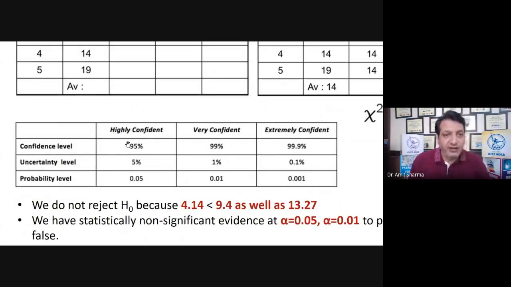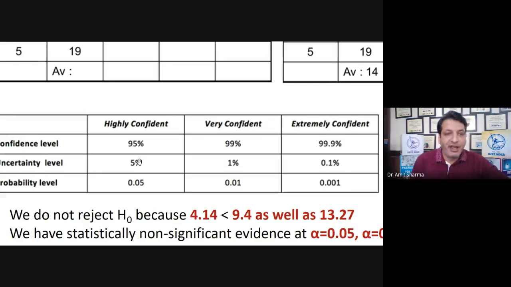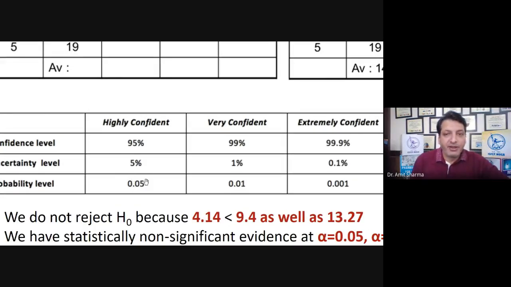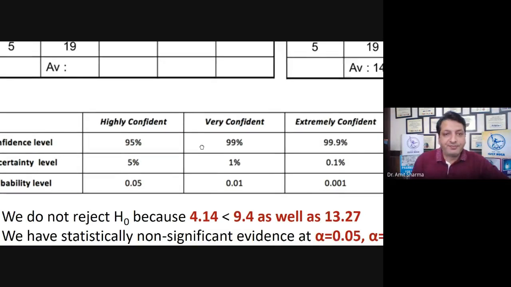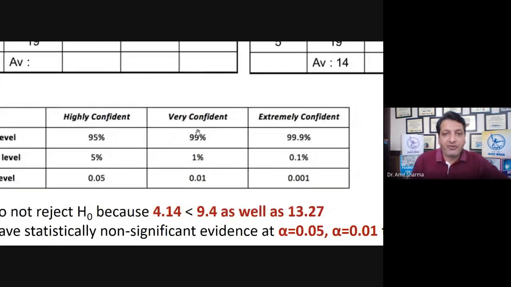that for any study, if we have taken a confidence interval of 95%, there will be an uncertainty level of 5%. That means the chances of error will be 5%, and the cutoff point for the study will be 0.05. Clear? If we have taken a confidence interval of 99%, the chances of error will be 1%, and the cutoff point for the test will be